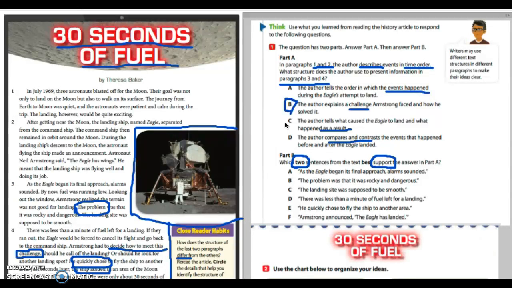Looking at these, I see right here it says the problem. And that to me is a clue word from the text that matches problem and solution. So I'm going to circle answer choice B. I now have the problem that happened in the text, and I need to find another detail to support the solution. Thinking about the answer choices, the one that tells me the solution is E. He quickly chose to fly the ship to another area. He chose. That was his solution. So now we have found the problem and the solution. Please go on and do question